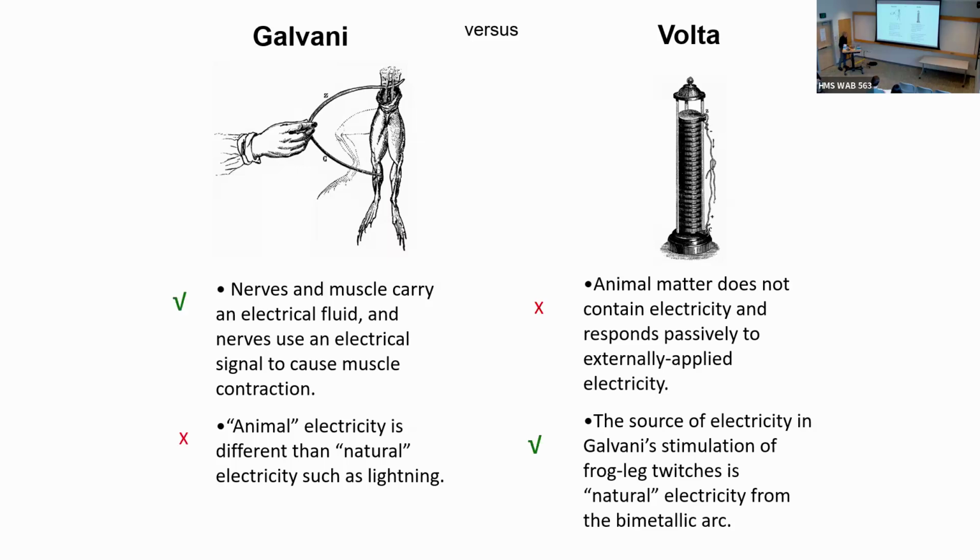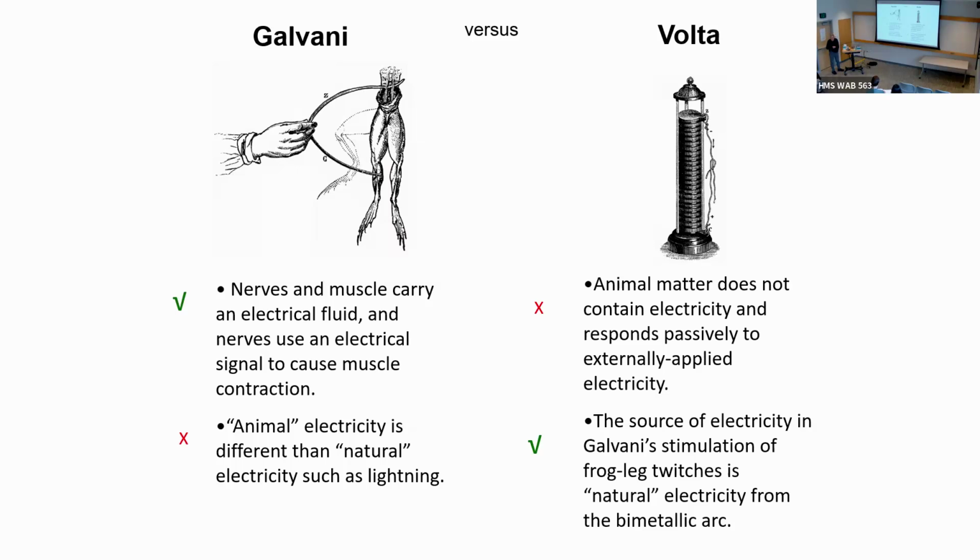And they had this long-running dispute where they were both right and both wrong. Galvani had concluded that nerve and muscle carry electricity, that they use electricity in the nerves to cause a muscle contraction. Volta did not believe this. He thought that in all Galvani's experiments, all he was doing was basically making a battery of some kind with the iron that he was using, and that was making the muscle twitch, but not because the muscle itself involved electricity.